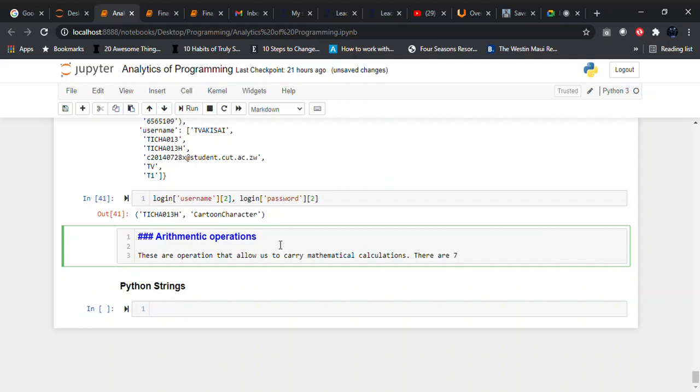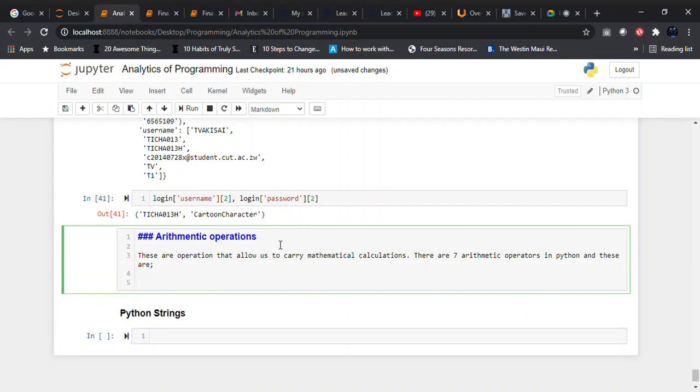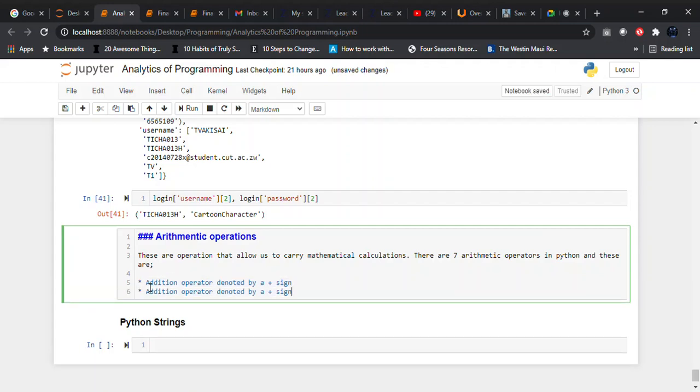There are 7 arithmetic operators in Python, and these are: plus, the addition operator denoted by a plus sign, then we've got subtraction denoted by a hyphen,